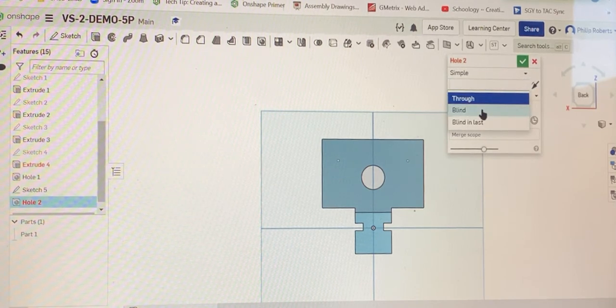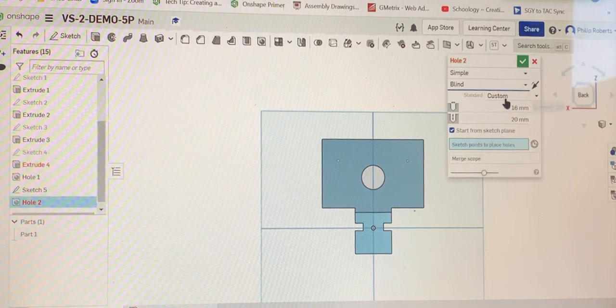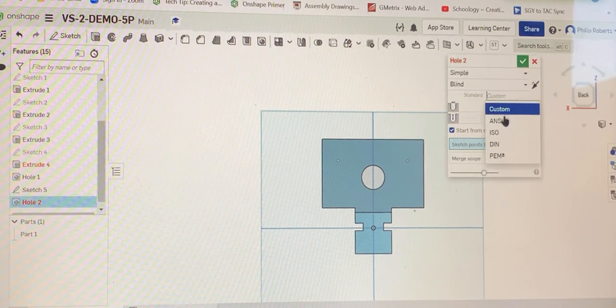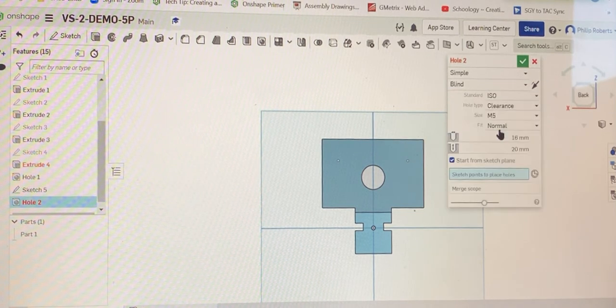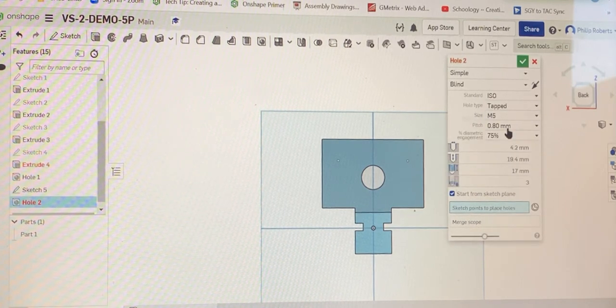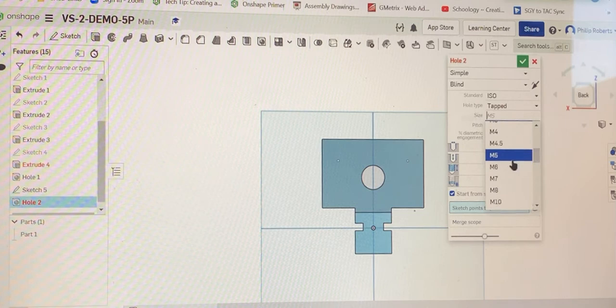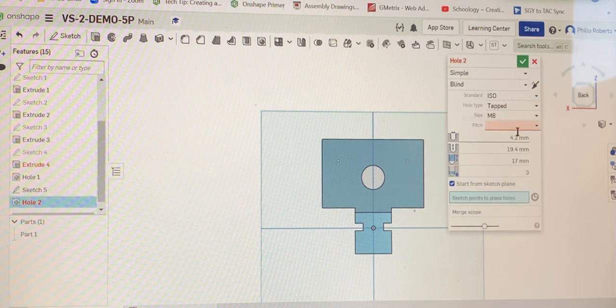We're going to make them blind. And the standard, it's not custom anymore, so we'll have to switch that back to our ISO standard. And it's not going to be a clearance hole. It's going to be a tapped hole. And the size is going to be an M6. And the pitch of our tap,